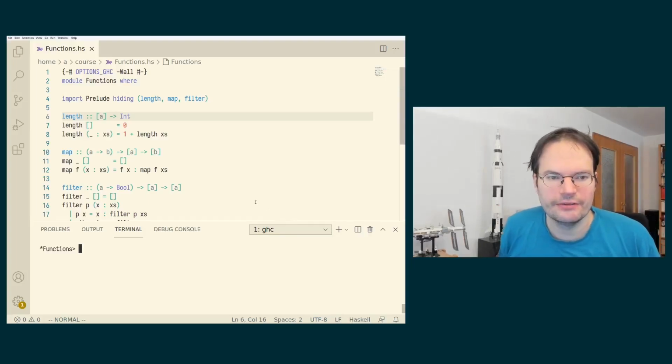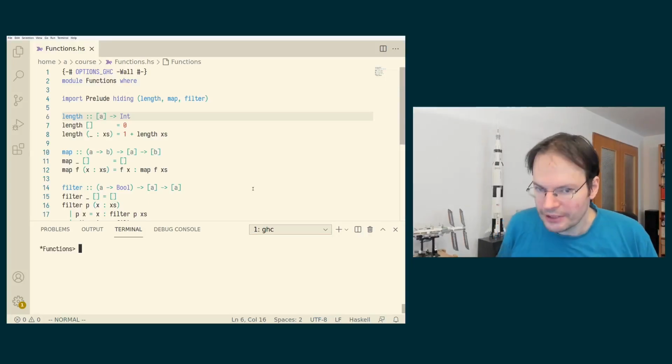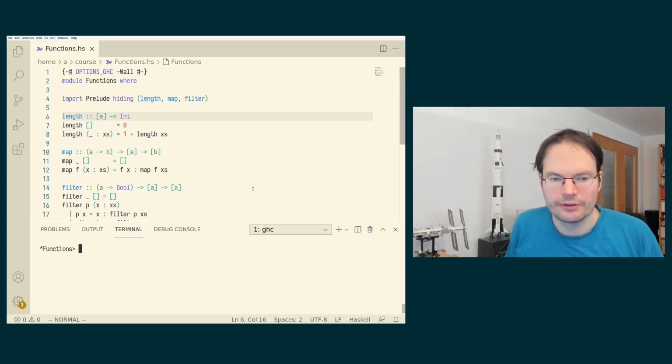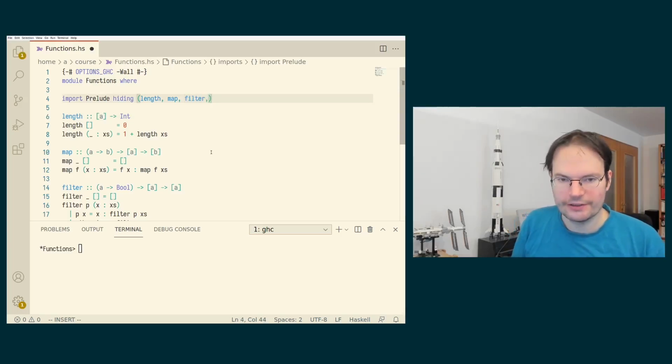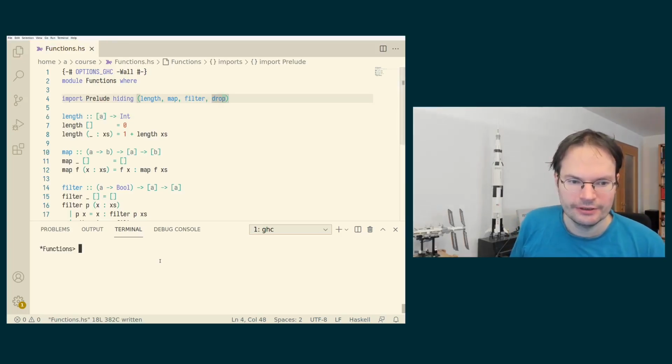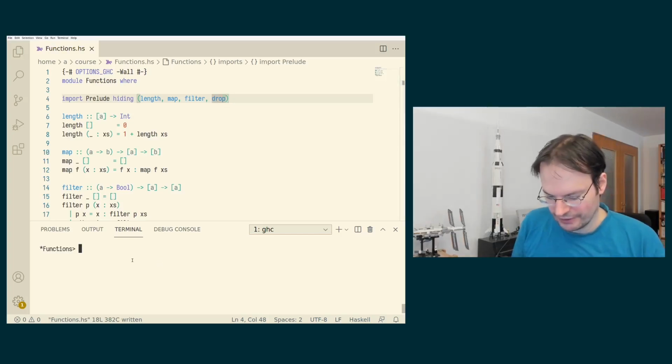Let's define yet a few more functions on lists to practice even more what we have learned so far. First function I want to define is drop. We have already seen take and drop before. So again, before I actually reload and lose access to my Prelude version, let's briefly recap what take and drop